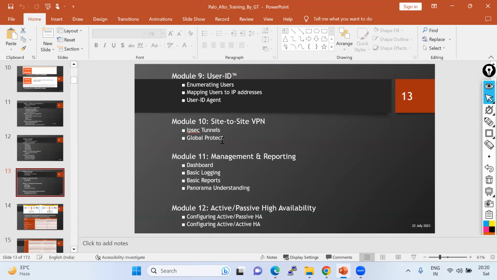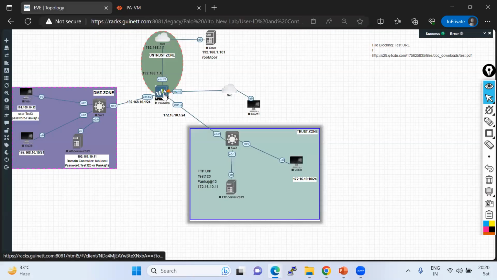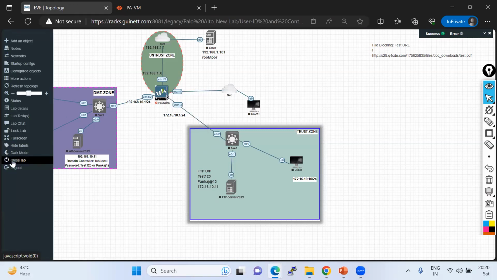And we'll do entire GlobalProtect testing: how remote users can communicate with your data center servers, how they build the tunnels from their machine to the Palo Alto firewalls, and based on the tunnel, how you can communicate with the internal server. So we also have labs. Let me stop it here because